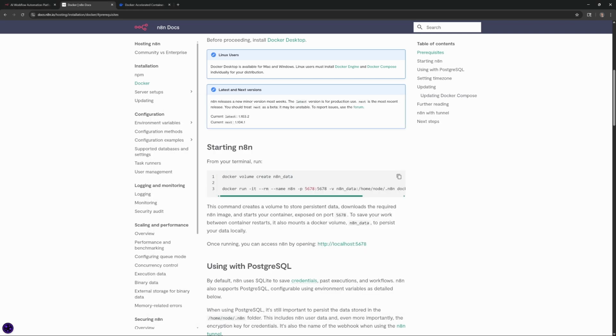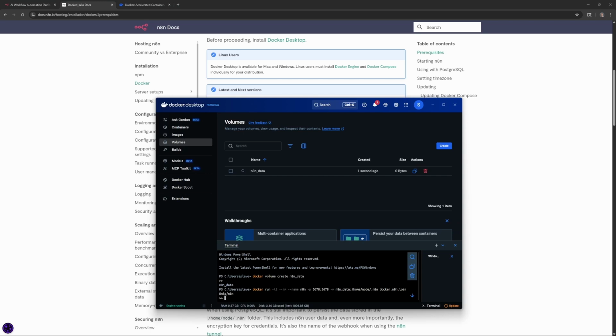The next command we want to run is this docker run command. What this is going to do is associate the volume you created, the N8N data, to this instance of N8N. It's going to set it up on port 5678. It's also going to set up the node path, which, if you were doing this through the user interface in Docker, you'd have to make sure you put in specifically every single time. But by doing it through the terminal, all you need to do is hit the up arrow, essentially, and have this run. I'll show you when I close this and restart it.